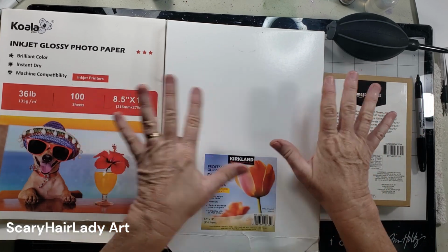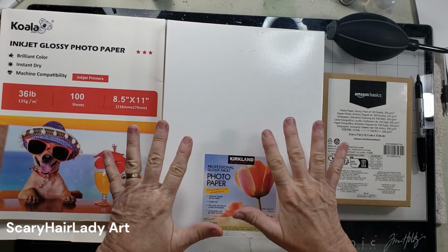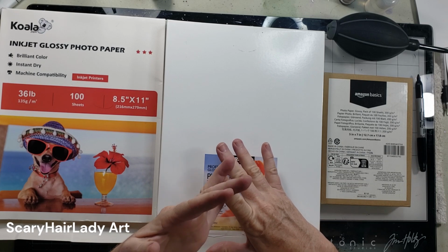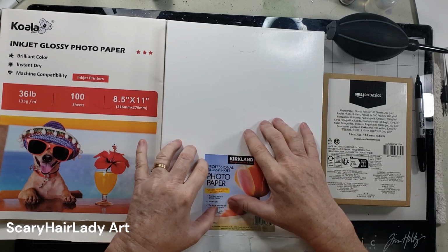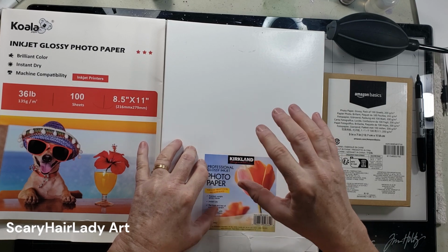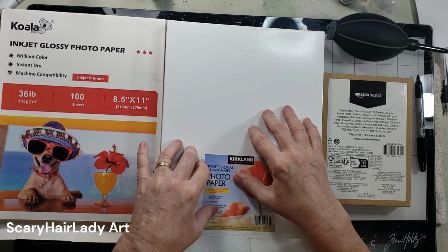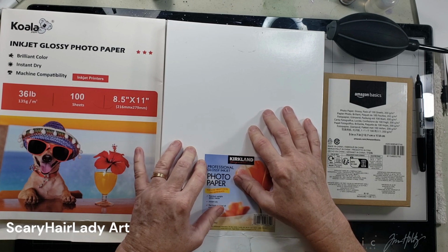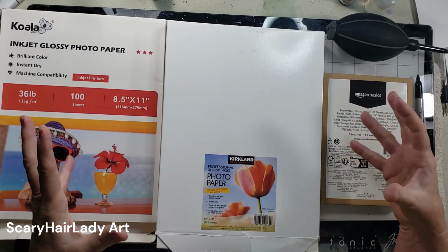And I am asking you a question right up front. Which one of these do you like? And do you have more suggestions? We are on the hunt for paper. Photo paper or some type of cheaper way of painting a lot. I like to play, I like to make cards, so I need something lightweight like this, not big and bulky. So